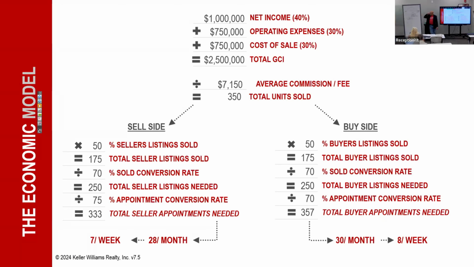I did the same thing. If I needed to close 24, I would predict I would close 1 in January, 1 in February, 2 in March, 2 in April, 3 in May, 3 in June. You see where I'm going with that? And so you can figure it out. I love this, and I think you need to know what the total number is so that you can start charting that. That's where you start from. Then you break it down, and then you go through the process of how many appointments, et cetera.